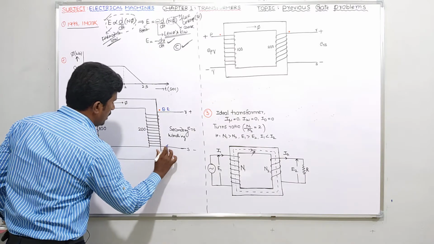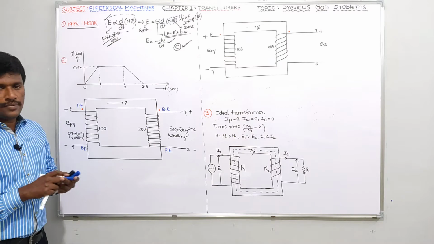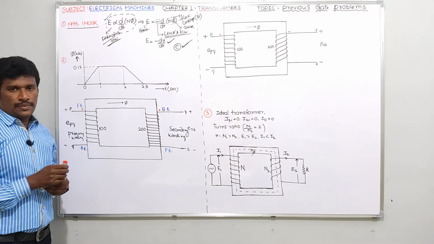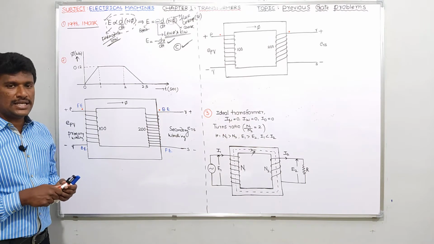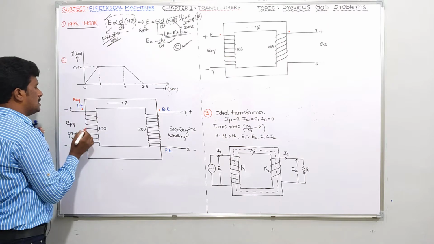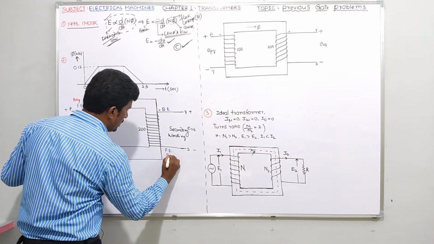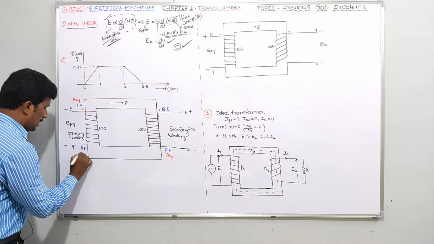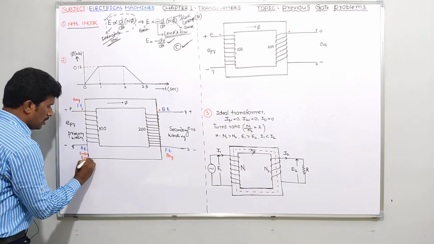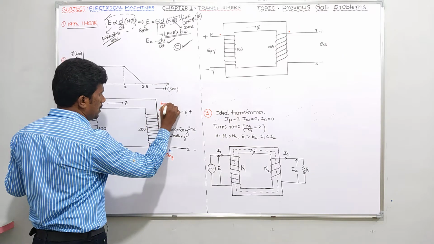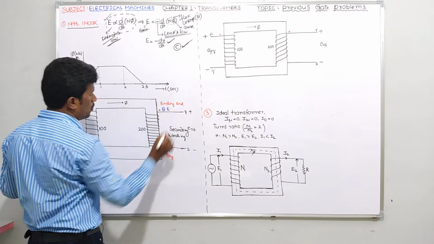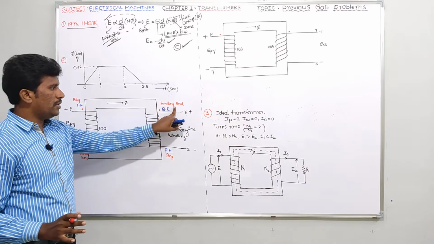Okay, front end. I don't know how many of you remember, so please refer to the types of magnetic coupling. There I told you, in our discussion we assumed front end as the beginning end. Wherever the front end is there, just write beginning end. We assumed back end as the ending end. It's not compulsory, it's an assumption only. I already discussed it in types of magnetic coupling. I don't want to confuse you, so please refer to that video, then you'll have some clarity.